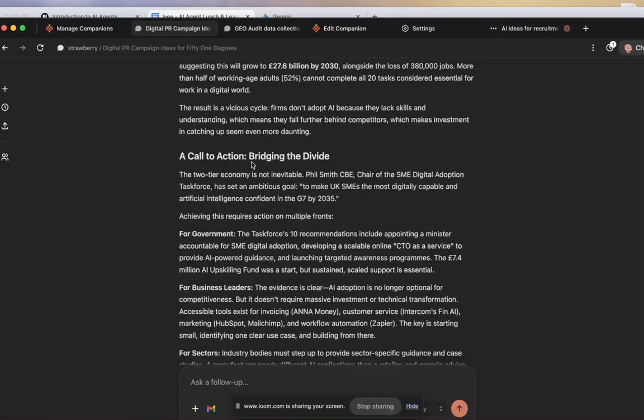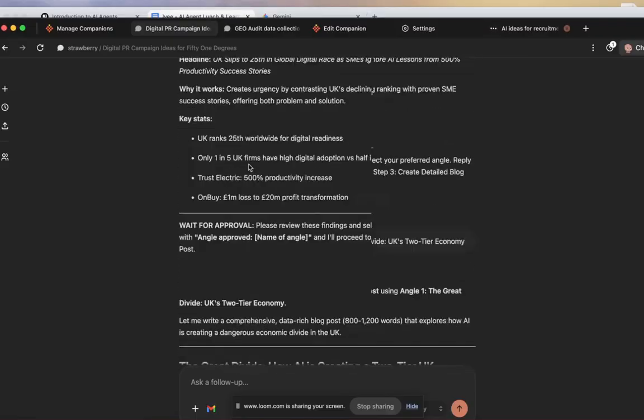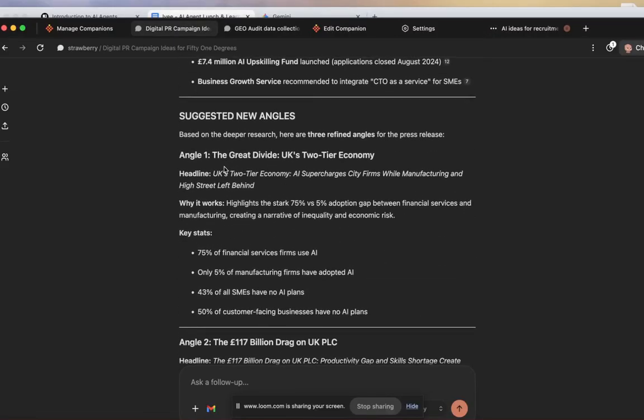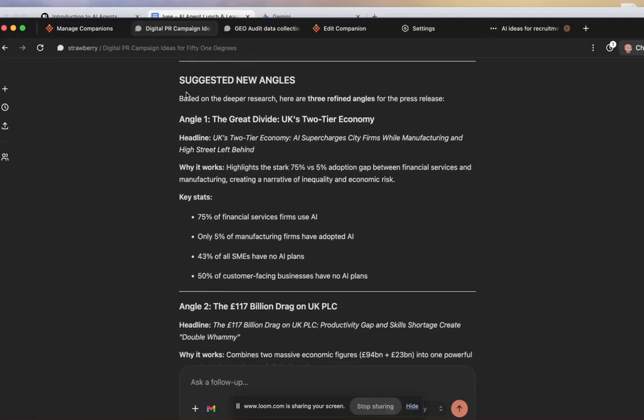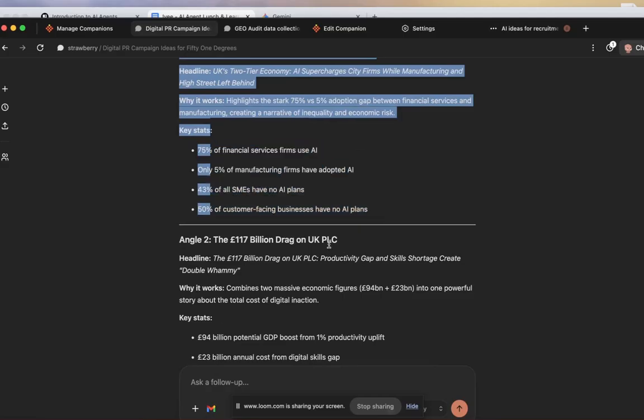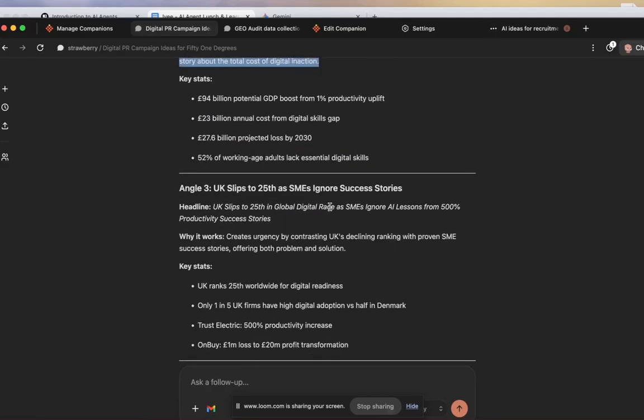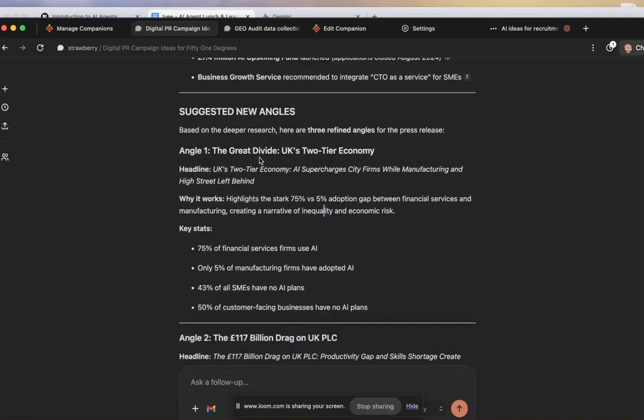And then clearly above this, there's this information as we've gone through the process. In fact, here's the first point, which is to suggest the angles. So here is an angle that is suggested, here's another angle, and here's a final angle. And indeed, I've opted for this angle, which is the story called The Great Divide, the two-tier AI economy.